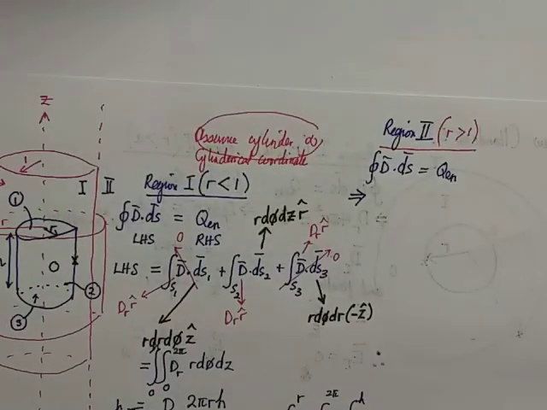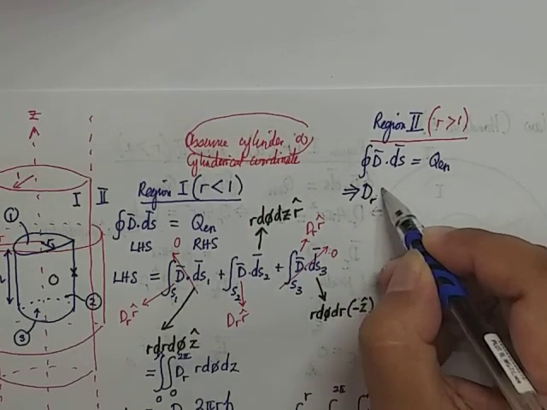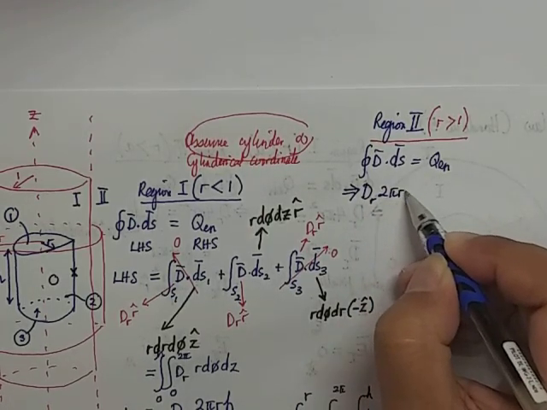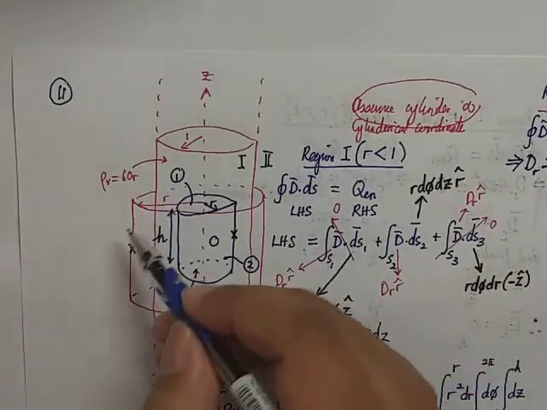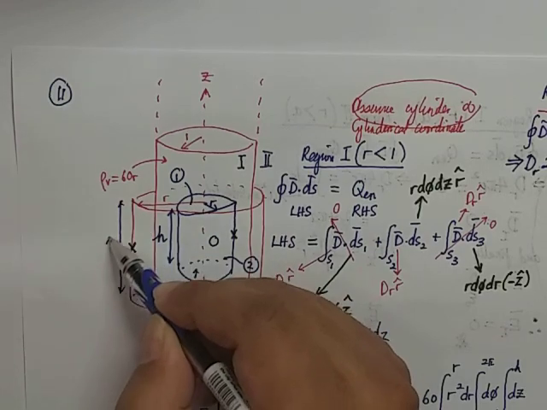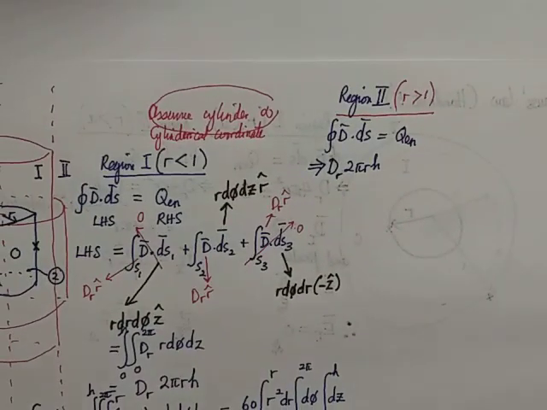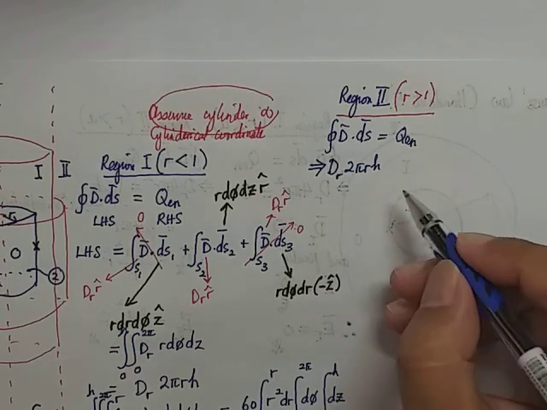So I'm going to say left hand side, D_r 2 pi rh, because I'm assuming the height is still h here. So therefore my solution is going to be 2 pi rh equal to,